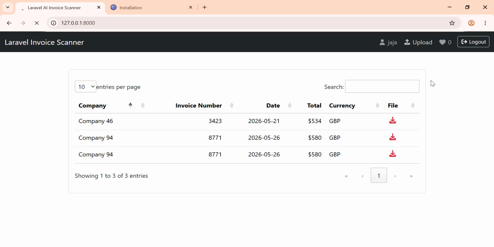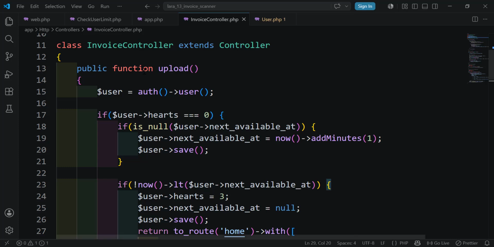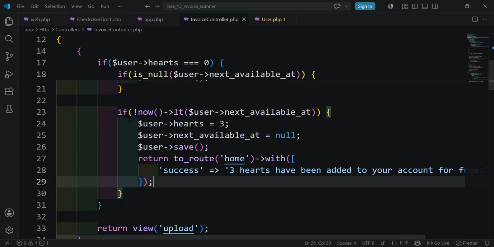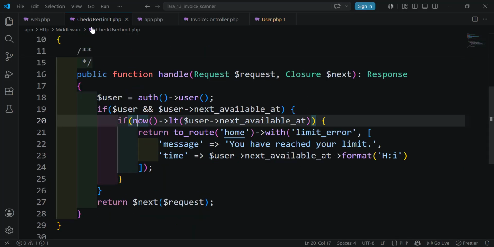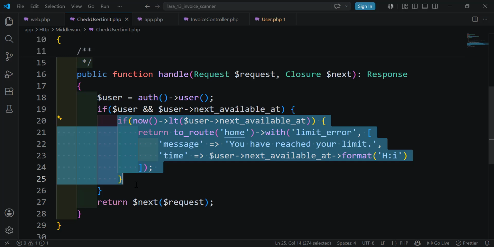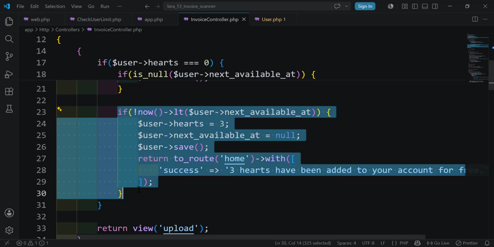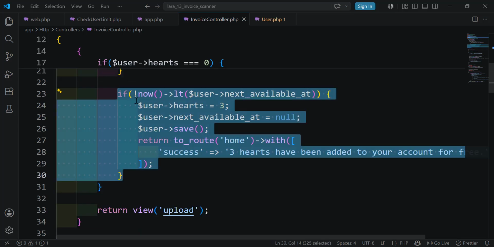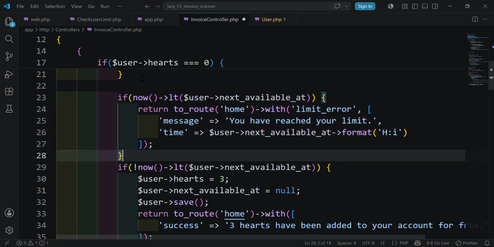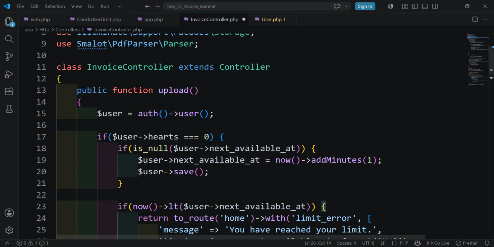And if we try to do that again, we are redirected to the home page. So as you can see, it's accessible only once. Let's copy what we have done here and do the same thing. So we prevent the user from accessing this page if